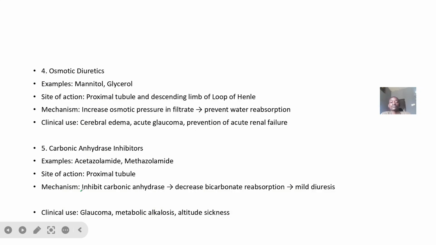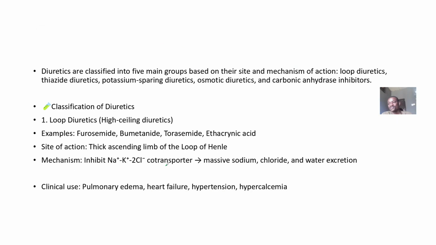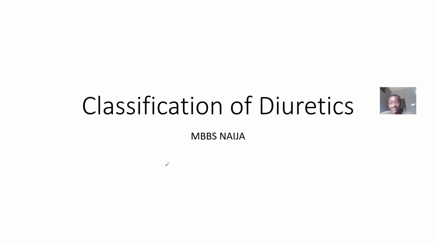Okay. So osmotic diuretics, those ones increase the osmotic pressure, so this will prevent water reabsorption. We have the mannitol, we have the glycerols. Okay. Carbonic anhydrase inhibitors inhibit carbonic anhydrase, so they decrease bicarbonate reabsorption. I have drugs like acetazolamide and methazolamide. So grabbing those ones is very simple. But anytime they teach you about diuretics in pharmacology, just so that